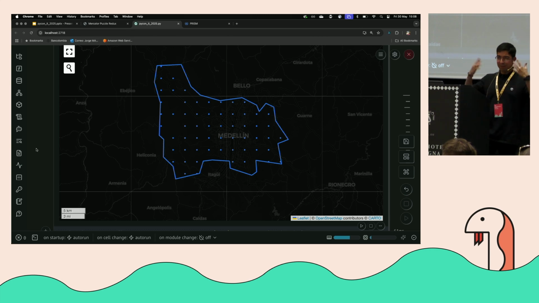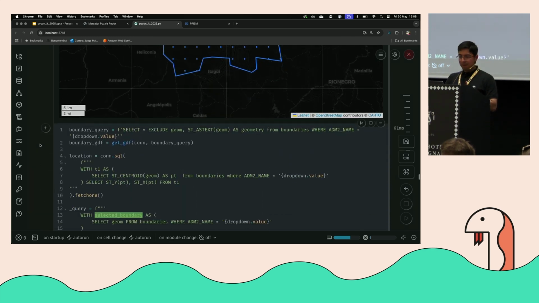You can be creative. You can find intersection of polygons, union of polygons. You can combine polygons together. You can make a line string given a set of points. So these are the usual geospatial operations, but it depends on what you want or what you need to do. Okay. Continuing,